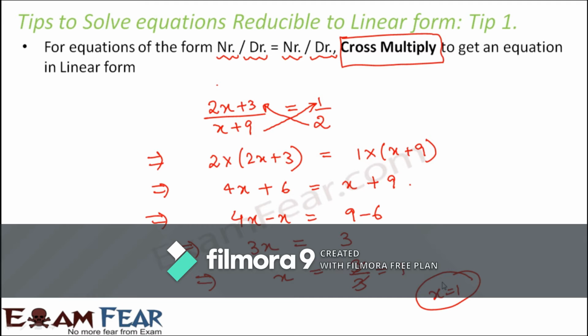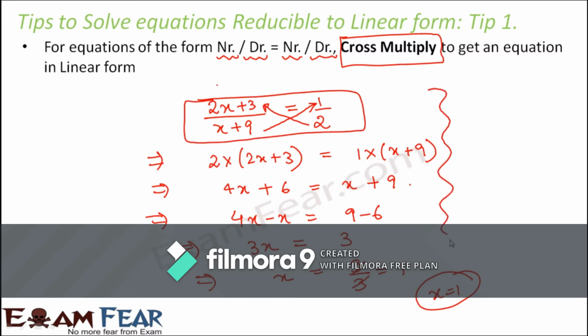Now, one important thing that needs to be noted here is this rule is applicable only for equations in this form, and this rule is strictly not applicable for different forms of equation. For example, if you have an equation of this form, x by 2 minus 1 by 5 is equal to x by 3 plus 1 by 4. Now, is this equation in this form? This equation is numerator by denominator minus numerator by denominator. But here we said it should be numerator by denominator equal to numerator by denominator.